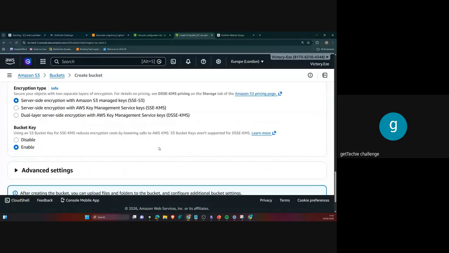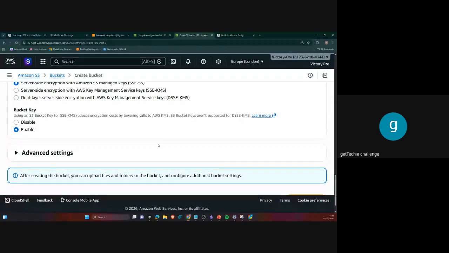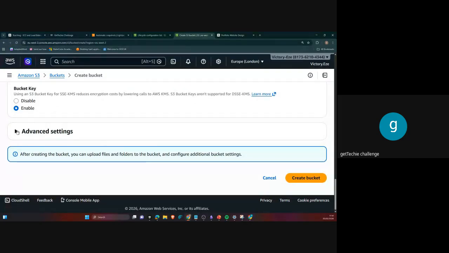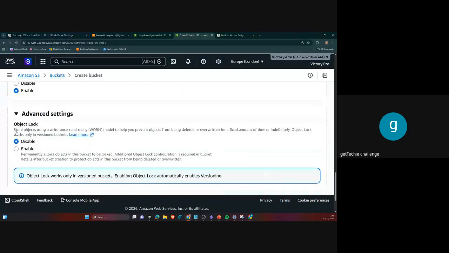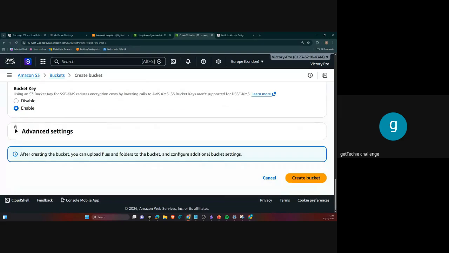Okay, so I'm still going to leave it at default server side encryption, and on the advanced settings, I'm not going to do object lock. It's my account, nobody's coming to delete it, right?